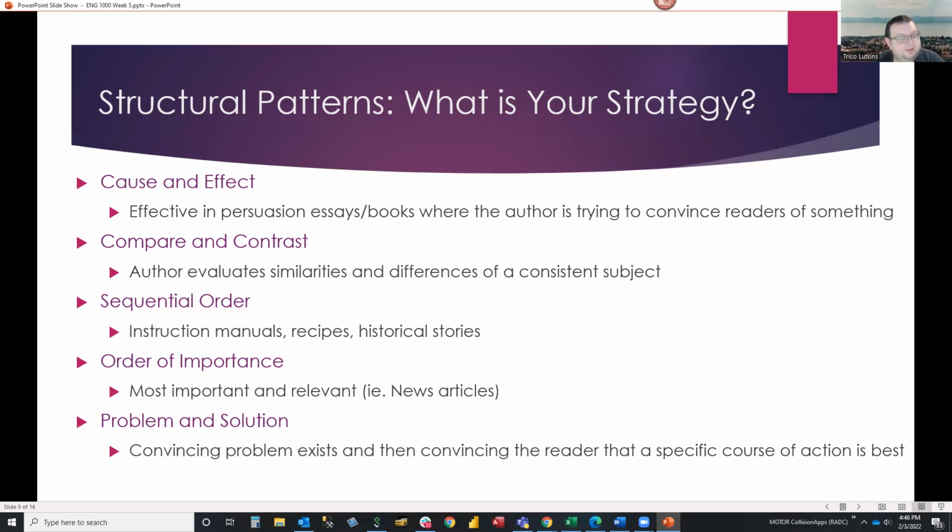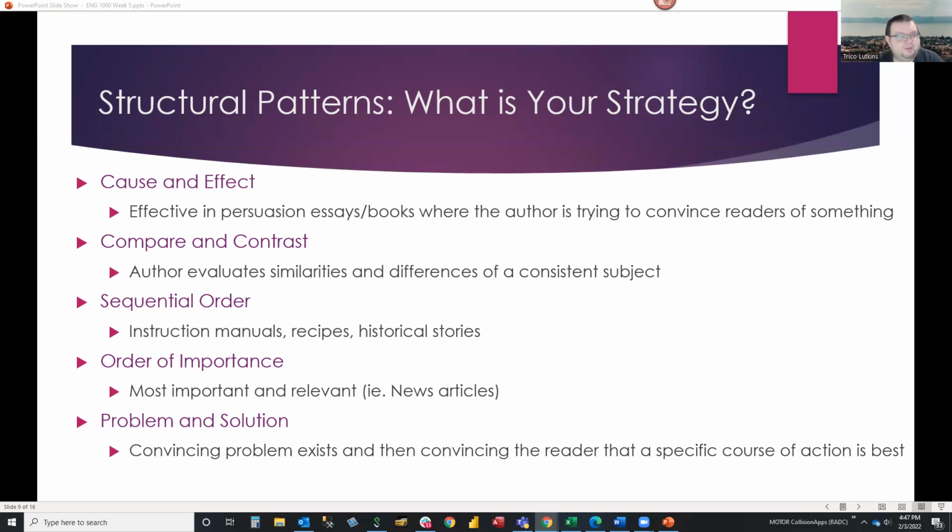Sequential order. Those are usually instruction manuals, or at my day job, they call it a process paper because it details a process. So, instruction manuals, recipes, that's basically an instruction manual, and historical stories. Historical stories aren't really an instruction manual, but you pretty much have to tell them in sequential order,